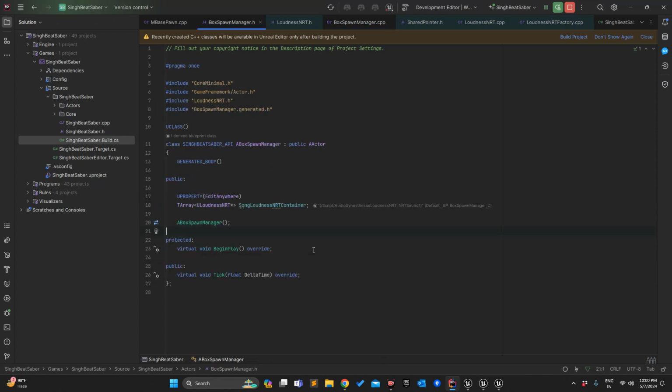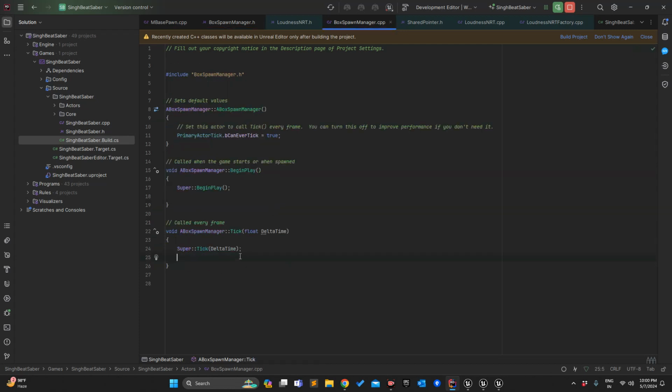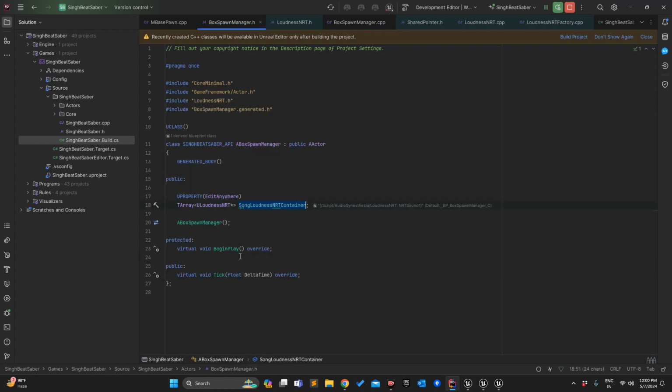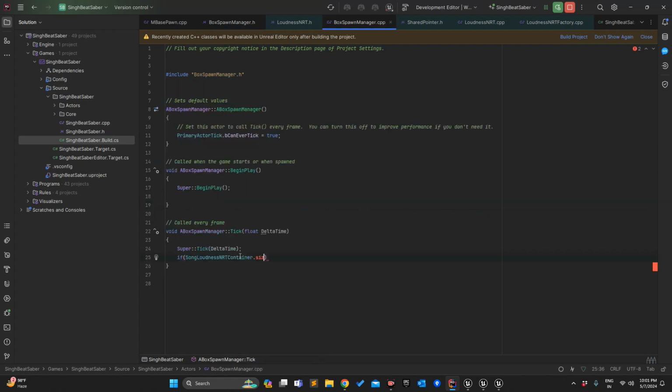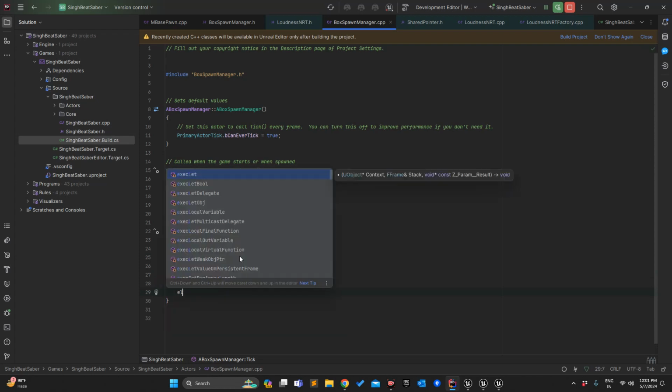So what we will do first, I will check if we have at least one variable inside our array. We can just use dot length, size, count. It's an array, right? Yes, Song.Num. Yes, it's Num. If it is greater than 0, then we are good to go. Else, I will